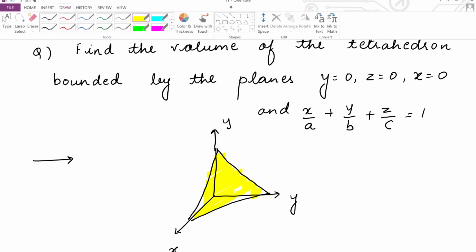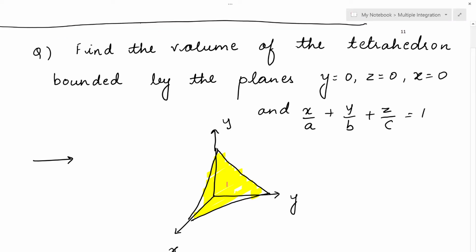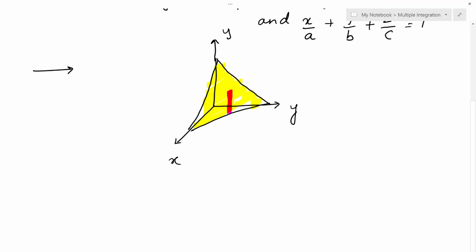So let us consider a three-dimensional region, and we need to find the value of the limits, right? So now we draw an elementary volume. This strip is called AB, for example, which is parallel to my z axis. By mistake I've written here y. So this is parallel to my z axis and it terminates at the plane. If you look at it, it terminates at the plane. So limits of z